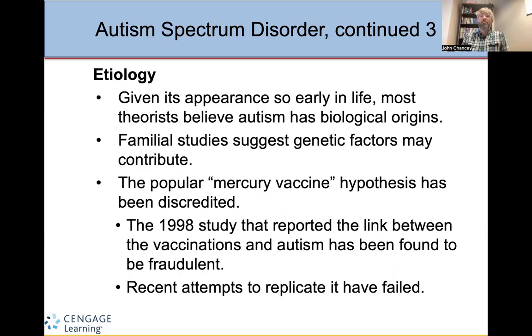So the etiology, there's a lot of debate about the origins. A lot of theories point to biological origins, genetic factors. I mean, it's a biopsychosocial phenomenon. There is sort of this myth that emerged in the 1990s that the vaccine or the mercury in vaccines that we were taking to prevent various diseases is the causal effect or caused the growth in autism. However, that research has undergone a lot of criticism, and any attempt to replicate these results has not proven to be true, and that link between vaccination and autism has proven to be fraudulent. It's just flat out not true.